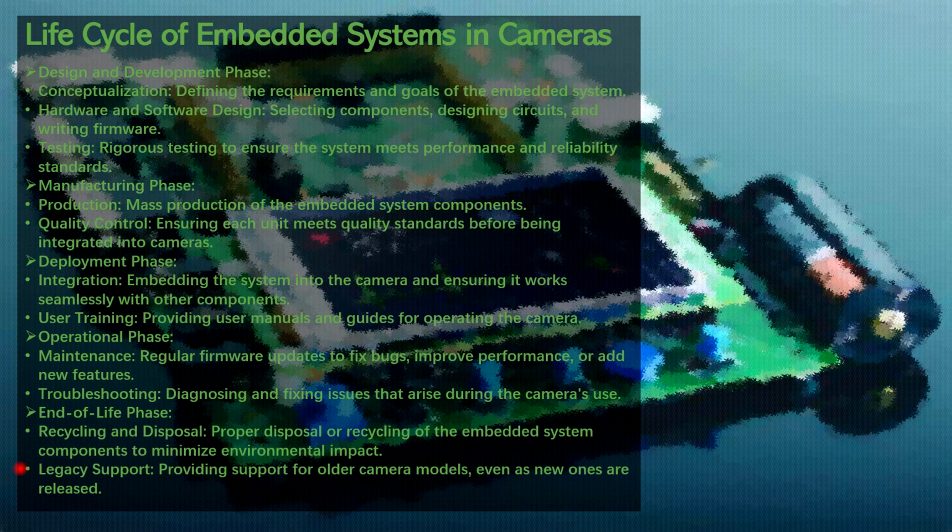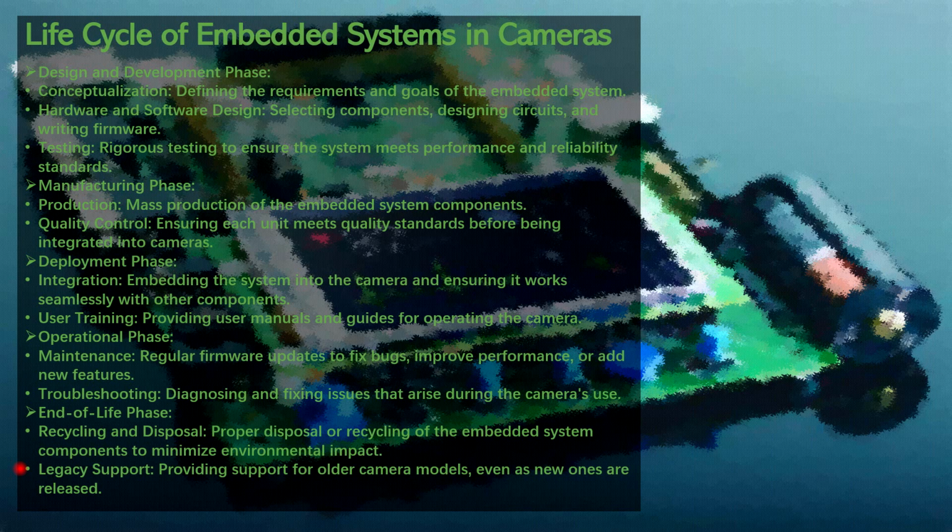Manufacturing phase: mass production of the embedded system components. Quality control: ensuring each unit meets quality standards before being integrated into cameras. Deployment phase: integrating the embedded system into the camera and ensuring it works seamlessly with other components. User training: providing user manuals and guides for